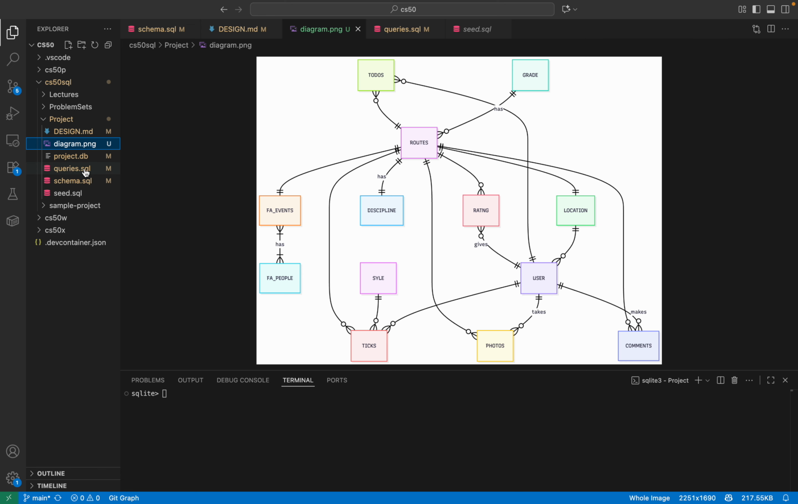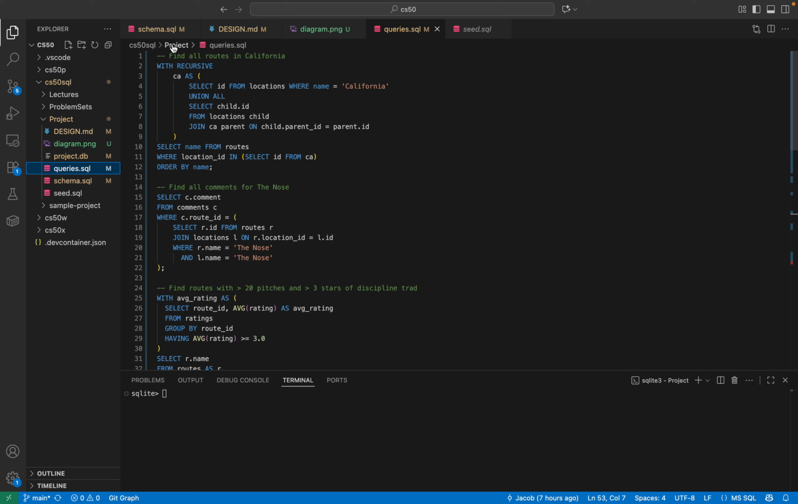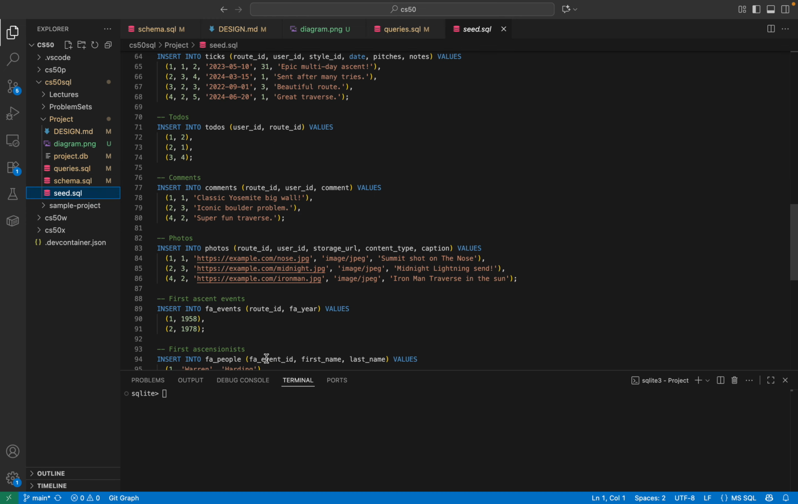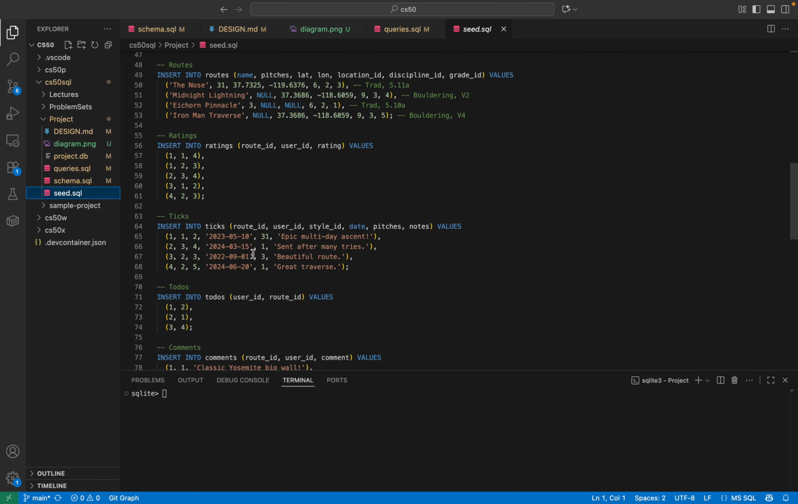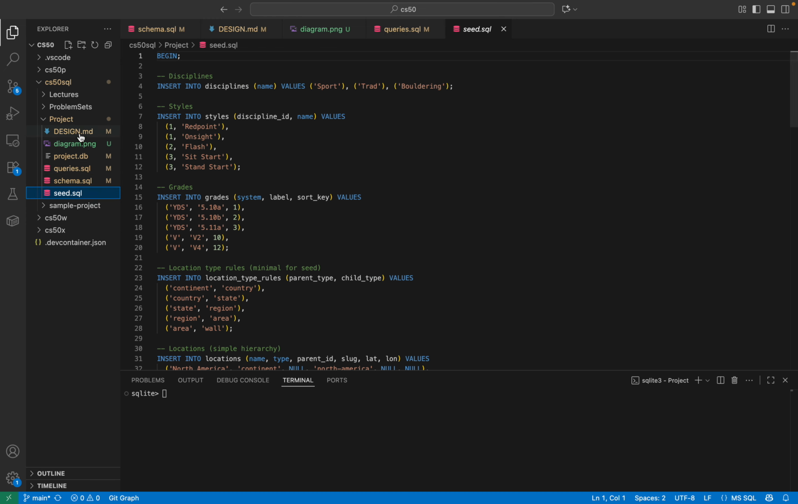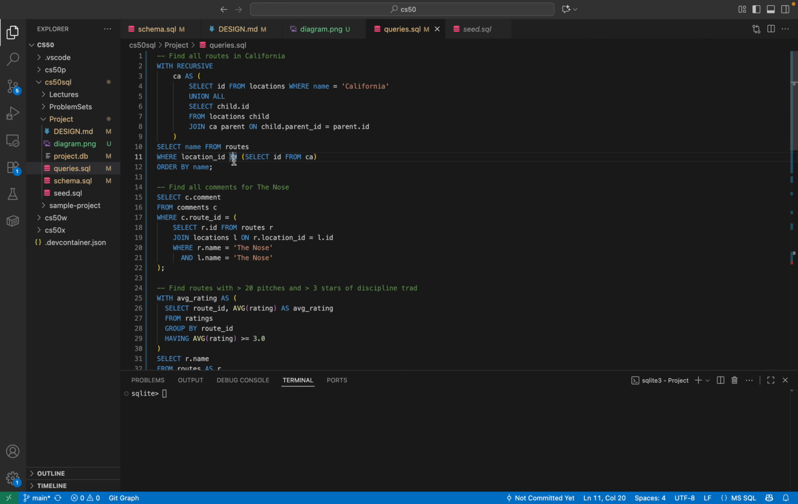So now looking at some queries I wanted to run. For instance, if we wanted to find all routes in California, regardless of discipline, I added some seed data to the database just to get things started. So now if we were to run this query,